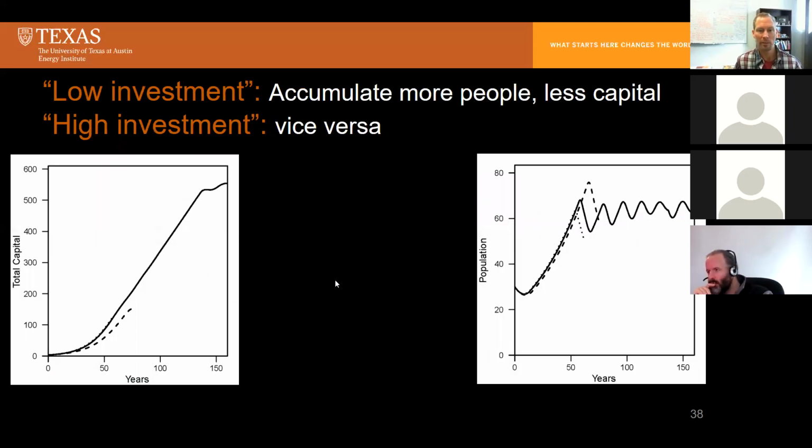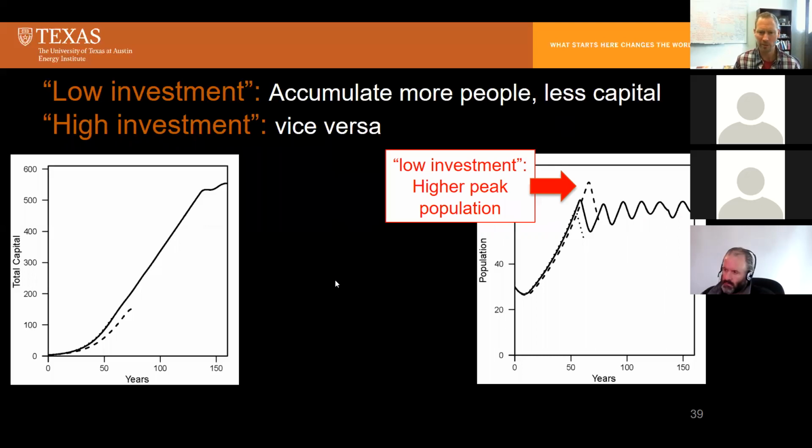So how do we think about that? Here at the top of the slide is my short version for how to think about this. If you have low investment, then essentially in the model, you accumulate more people. They're a stock, and capital is a stock. You accumulate more people but less capital. If you have a high investment, you accumulate fewer people and more capital. And this, in some sense, makes sense. The faster you invest, the more capital, by definition, you're